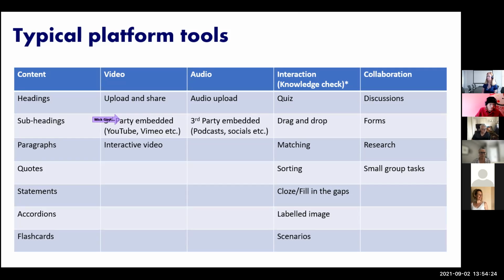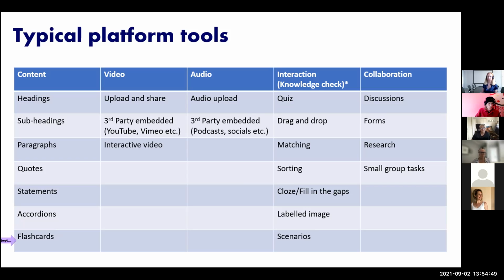So in content, we've got a whole range of different heading styles to perform a bit of hierarchy of knowledge. You might create yourself a little simple style guide as to how you'll do that. Some systems will have boxes for you to create quotes or statements, so you punch text out in a big form. Accordions, I'll show you one in a minute, and I'll show you a flashcard. They're often pretty common ways of using content.